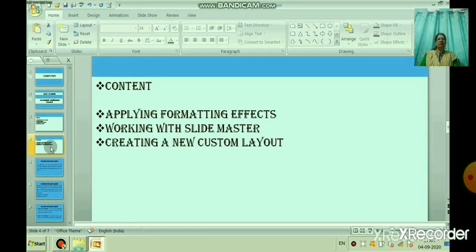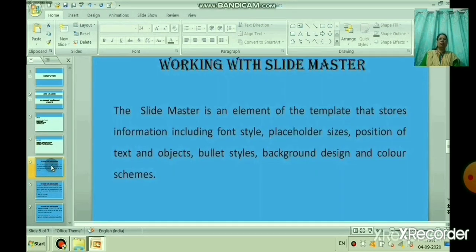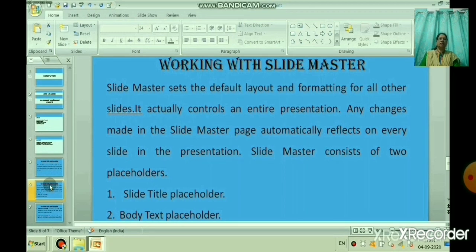In this session we are going to learn formatting effects, working with Slide Master, and creating a new custom layout. So, working with Slide Master, let us see what a Slide Master is. The Slide Master is an element of the template that stores information including font style, placeholder sizes, position of text and objects, bullet styles, background design and color scheme.